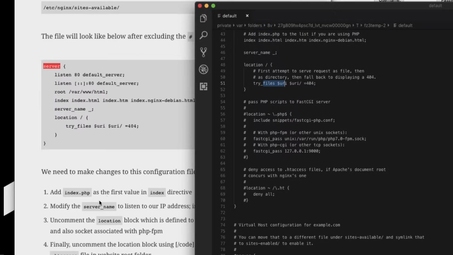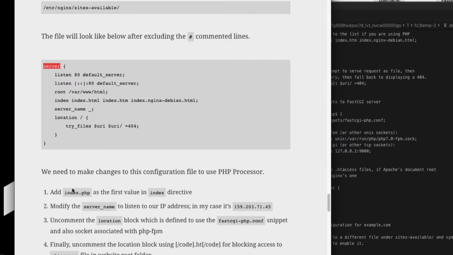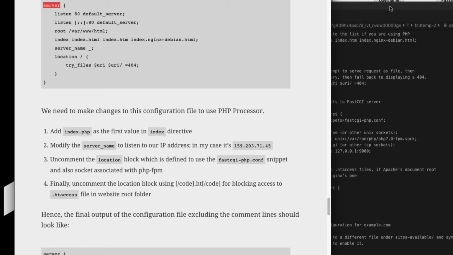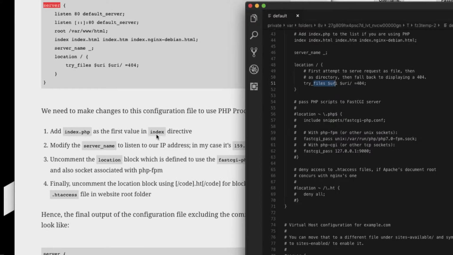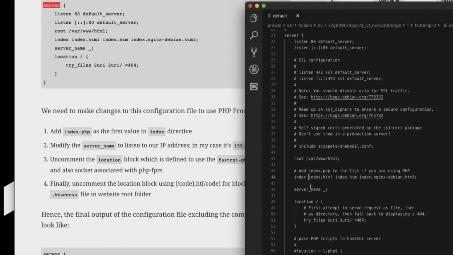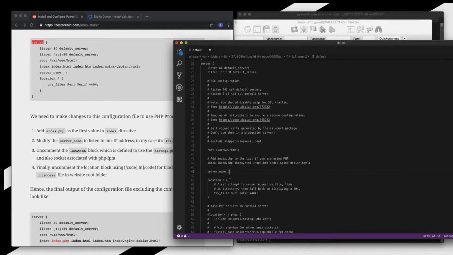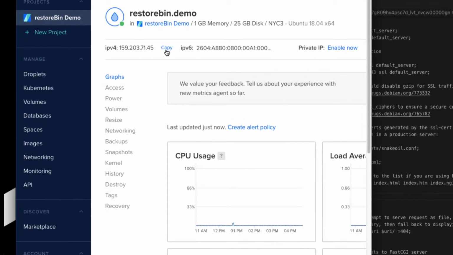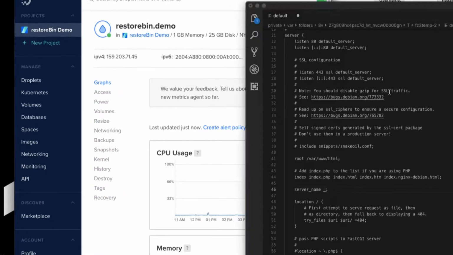Here are a couple of the steps that I have mentioned. First, I need to add index.php in the index directive. Here is the index directive, so I need to add index.php. This is the first thing. Second, modify the server name to listen to my IP address. Currently the server name is just an underscore, so let me copy my server IP address. This is my server IP address,